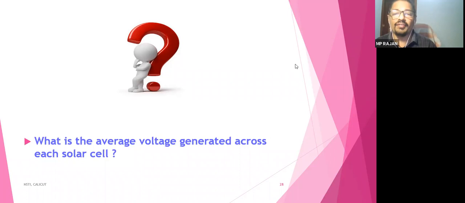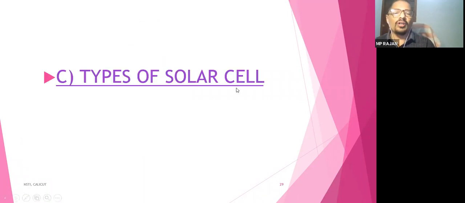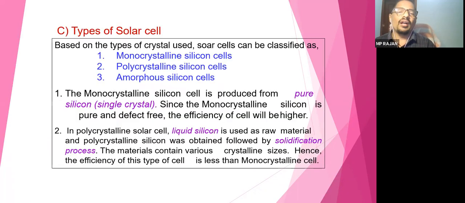So you are all attentive. So let us see what are the types of solar cell, how we can make the solar cell. Mainly there are three types of solar cell called monocrystalline silicon cell, polycrystalline silicon cell, and third amorphous silicon cell. It just depends upon how you are constructing the silicon cell. Okay, so silicon is plentifully available on the earth, in the sands like that. So through some process, it is in the ore form.